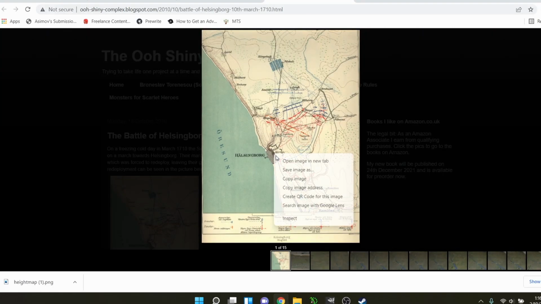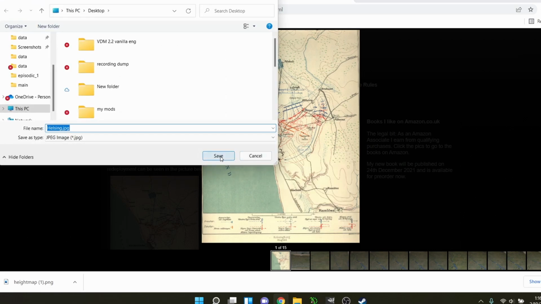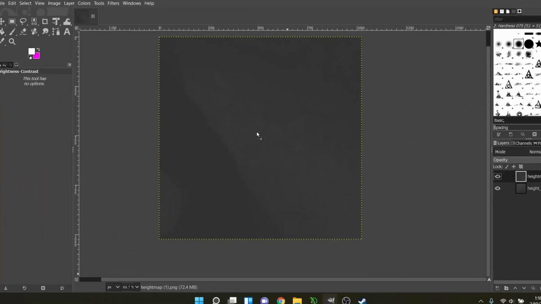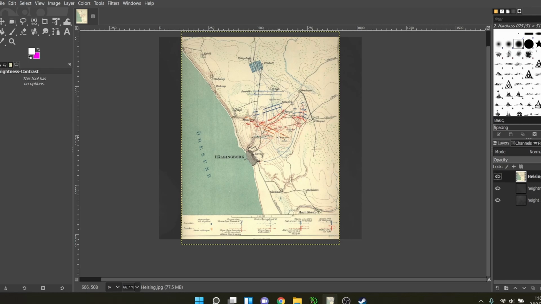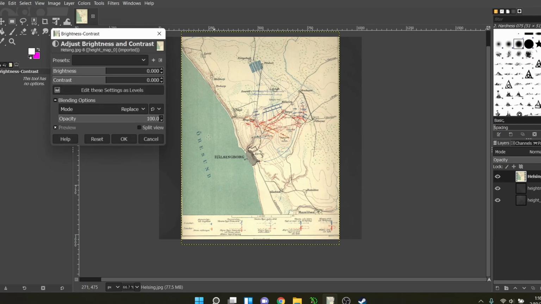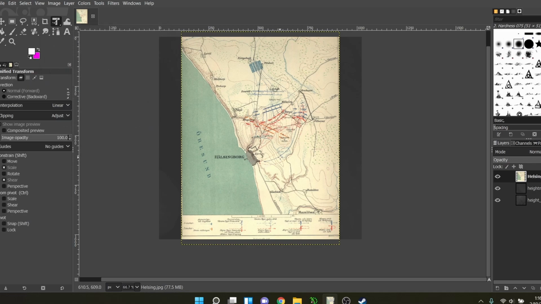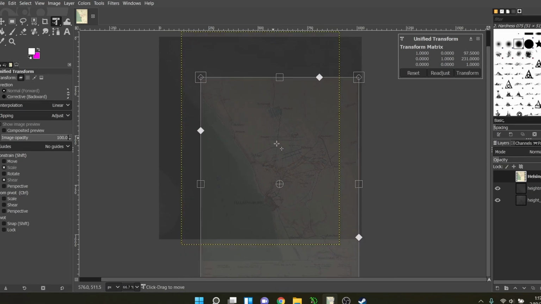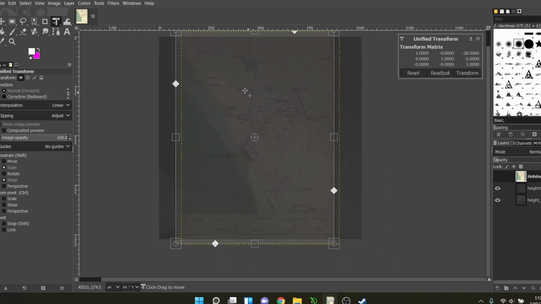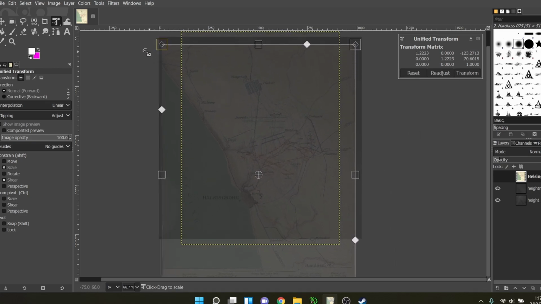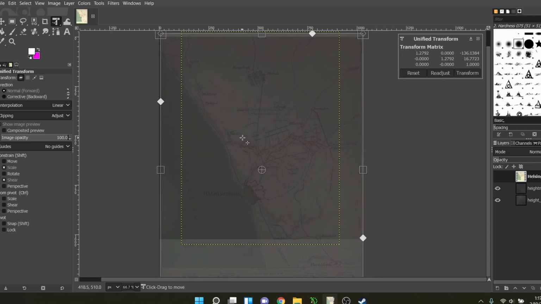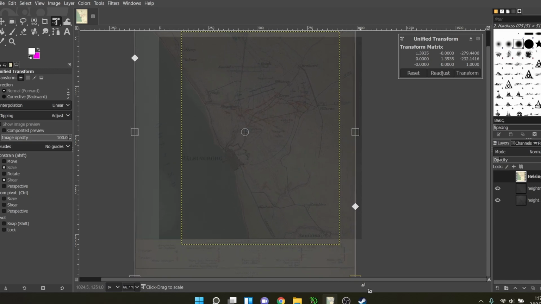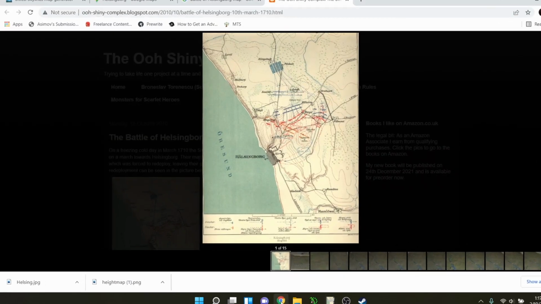So if we download our reference map onto the desktop, we can move that over to GIMP and just compare where things will be. Oops. To transform it, I'm gonna want this one pretty dim, and we're gonna try and match some coastlines. Now I think Incorp was way up there. Another thing you can do is reference, so